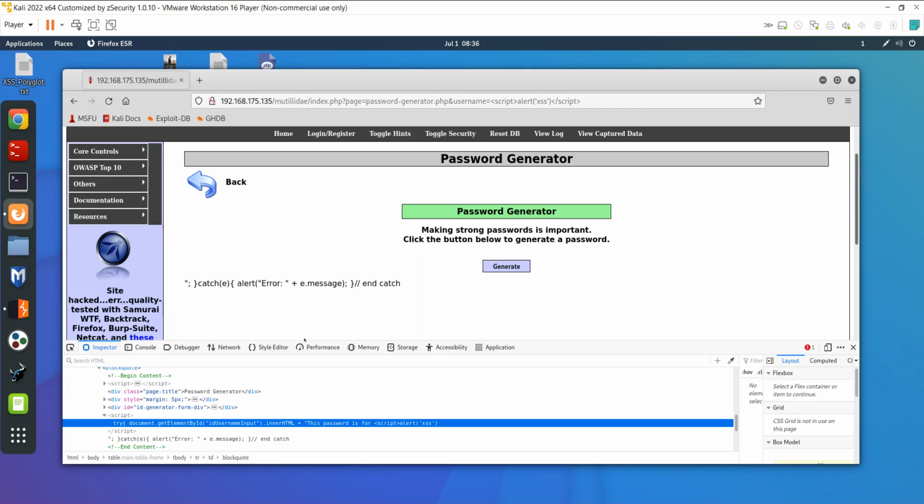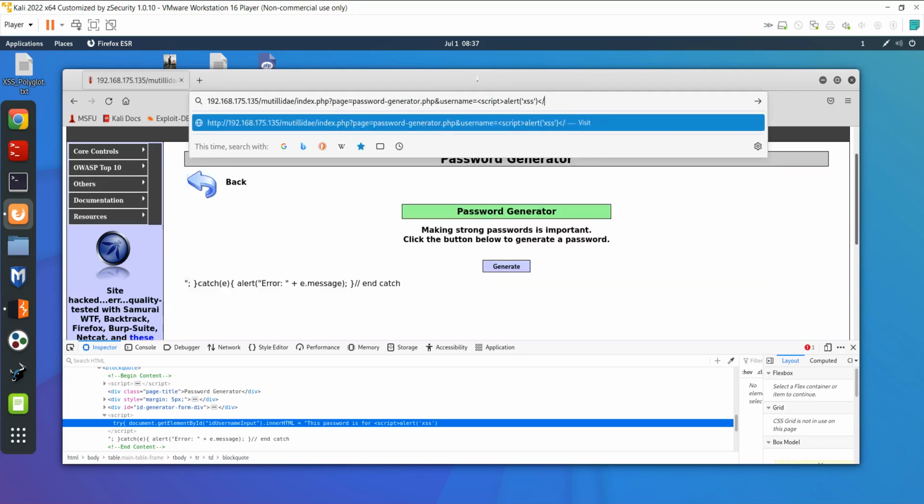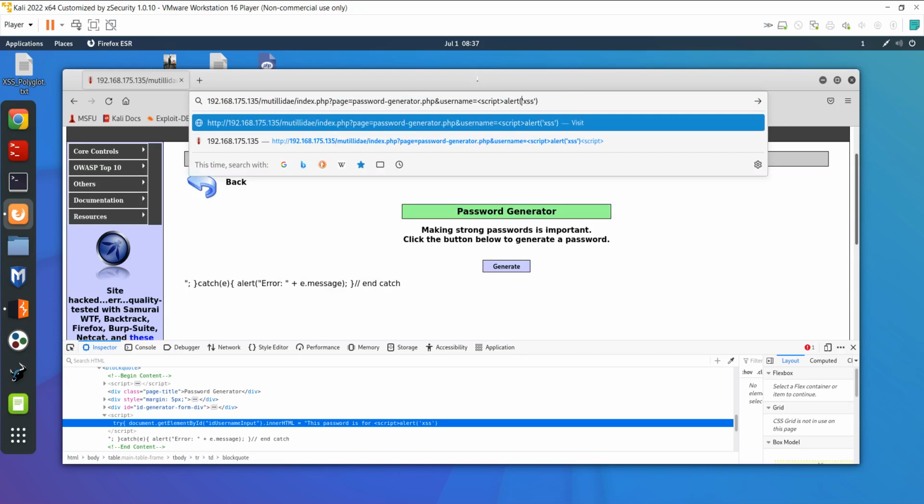So you can see we are using a script tag here, right? And there is already a script tag used, so we don't need to use this script tag here. Without the script tag, I think we can do this. So if you remove the script tag from here and from the start,